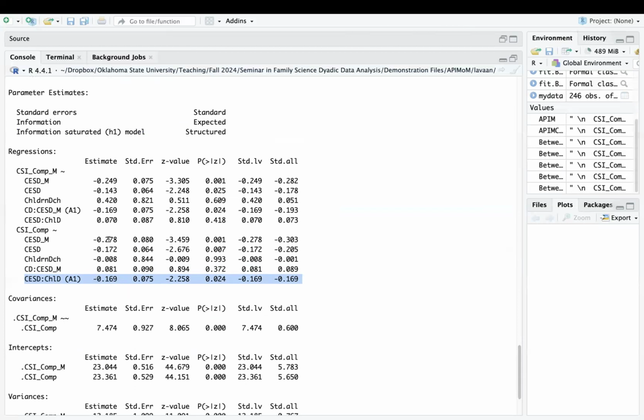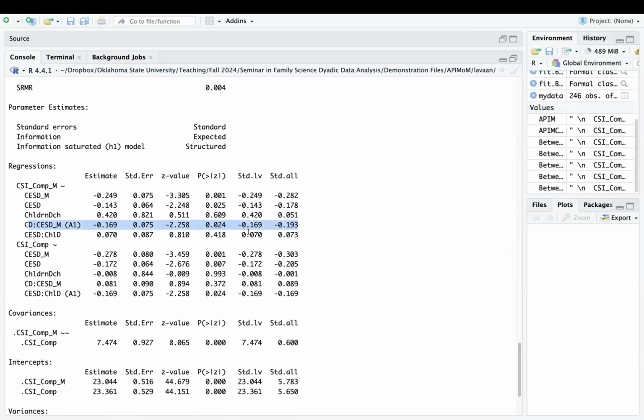And if you added 0.11 to negative 0.17, we get around negative 0.06, right? So it's not exactly a dyadic average, but it will be fairly close to it. And so what that does is bring this effect to be significant. So we could interpret that as